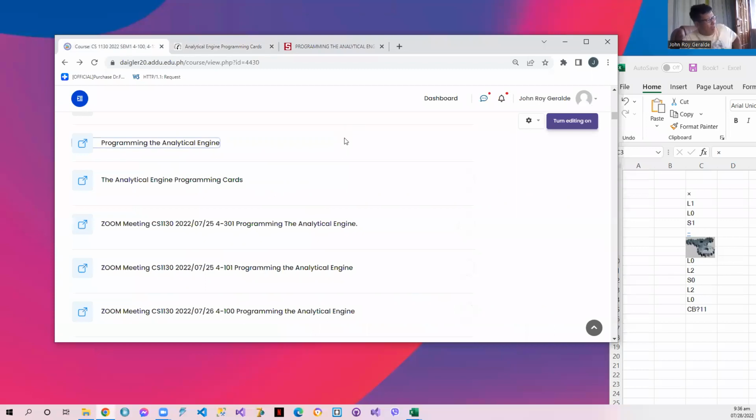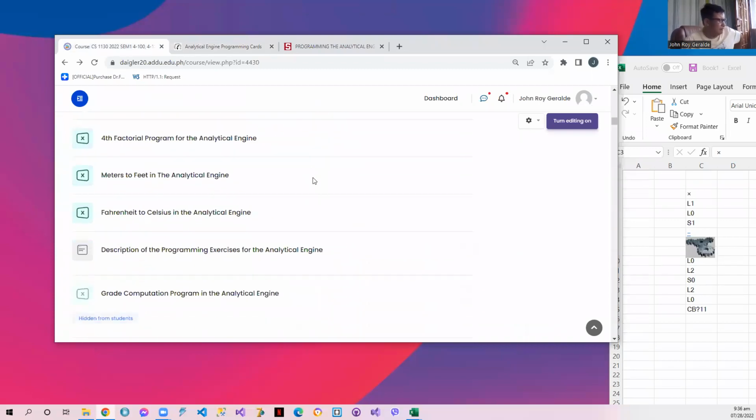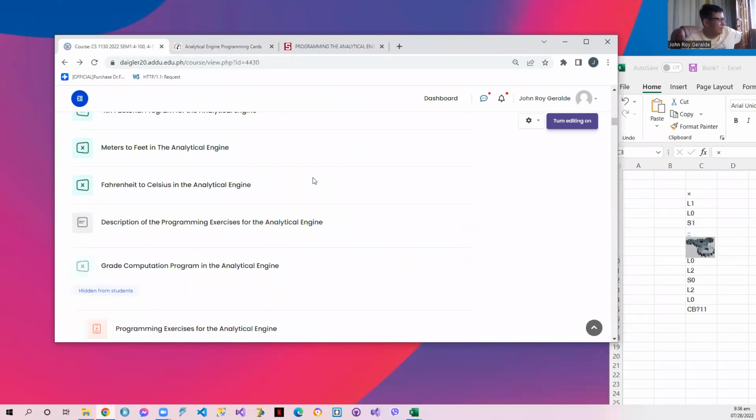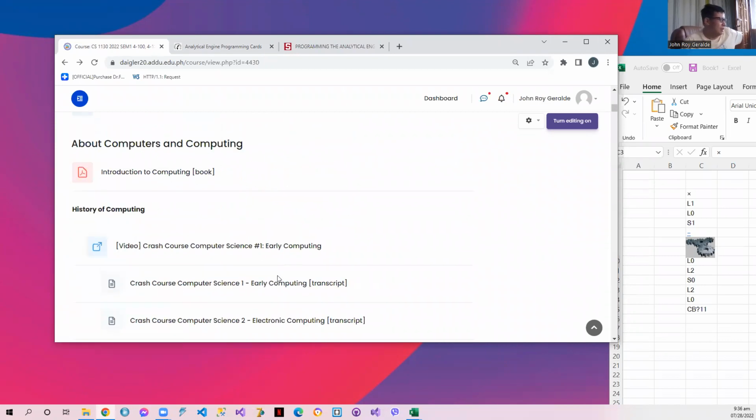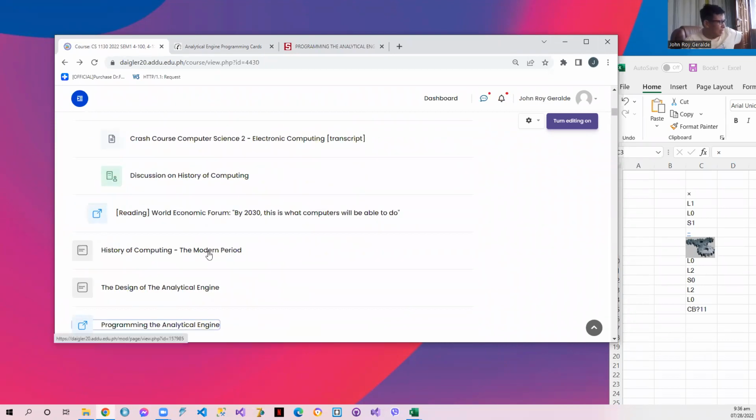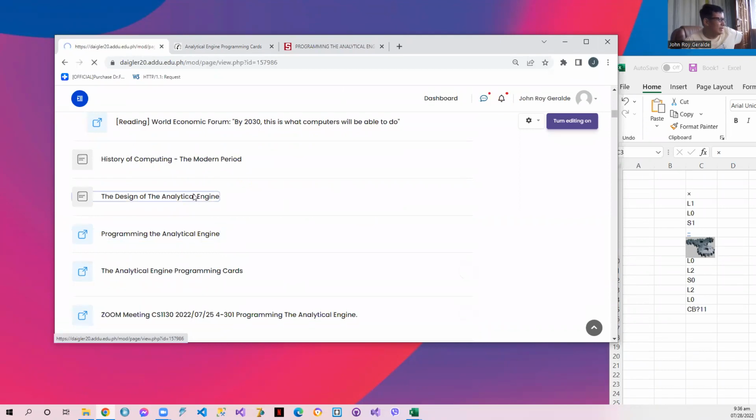So anyway, let's proceed. We discussed the analytical engine and we have discussed the design. Mainly, it has the mill. The mill has three main